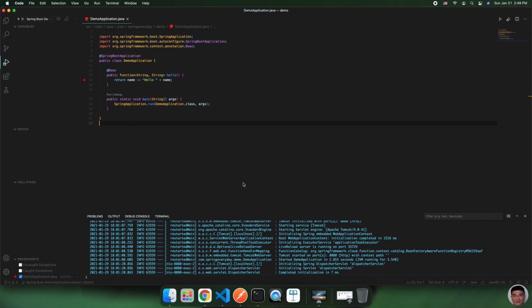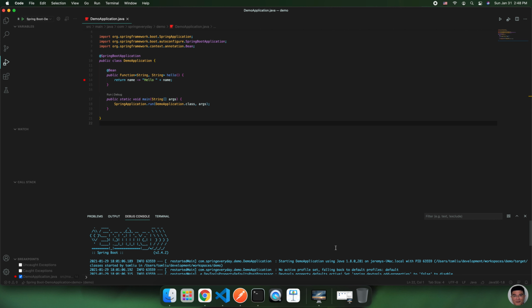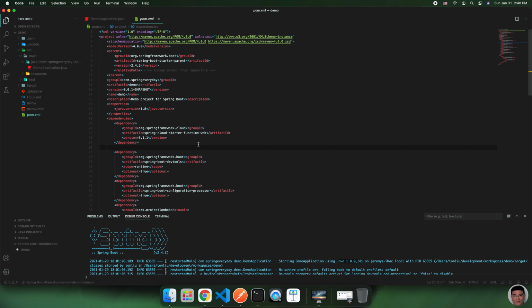So we have a Spring project to write a Spring Cloud function. And in the very beginning, let's say we decide to use Java 1.8. Now let's say we don't have any concern about backwards compatibility, so we decided, hey, we can switch Java version. So how do we switch that? To do that, what you can do is come down to the POM XML file and make it a